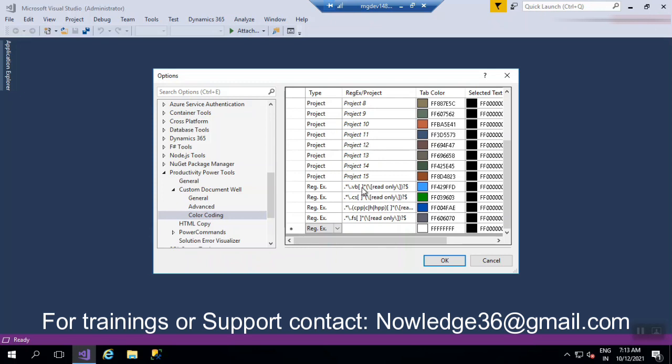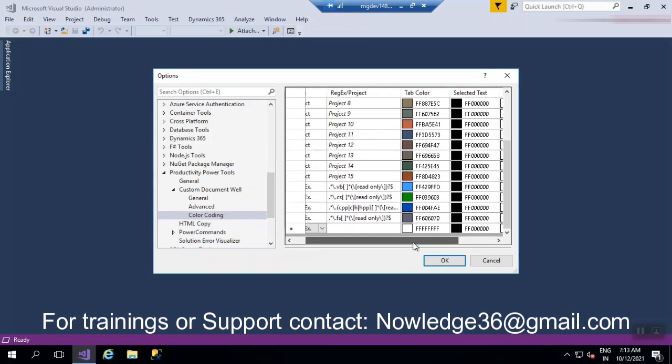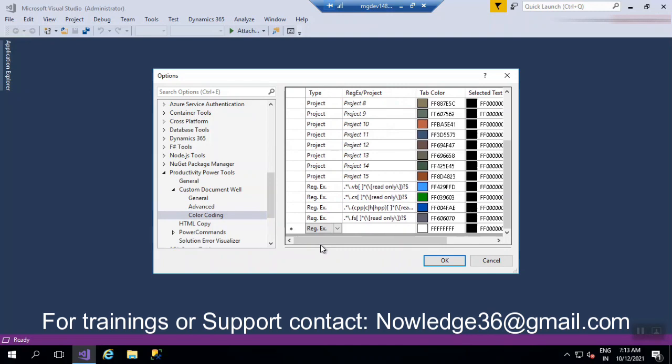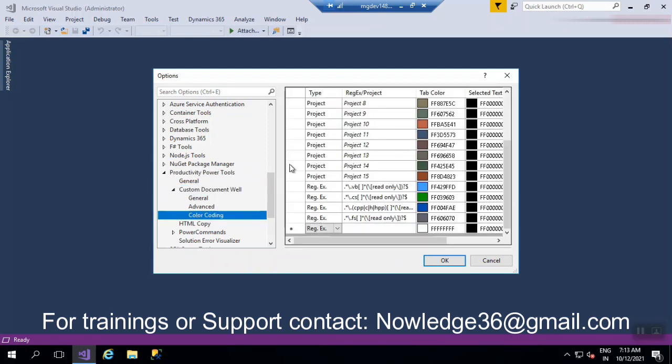Today I'm not going to show the changes directly in Visual Studio. If you want to change the color again, just come here to Productivity Power Tools, Custom Document Well, and Color Coding, and change accordingly.